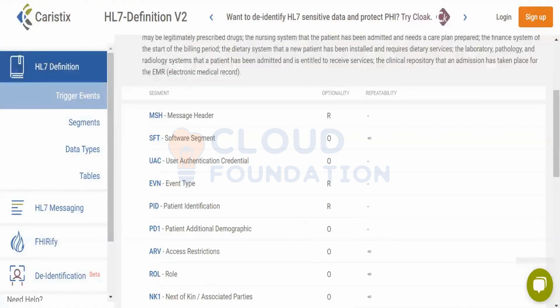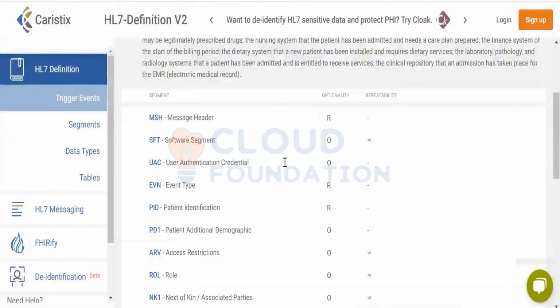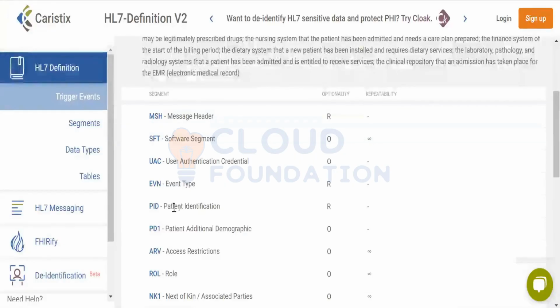That is the segment ID I have written, and it is for PID. Then I know the next thing has to be a field. What is the field separator? It's a pipe. I will put a pipe. Now, what do you have to do? You have to go to